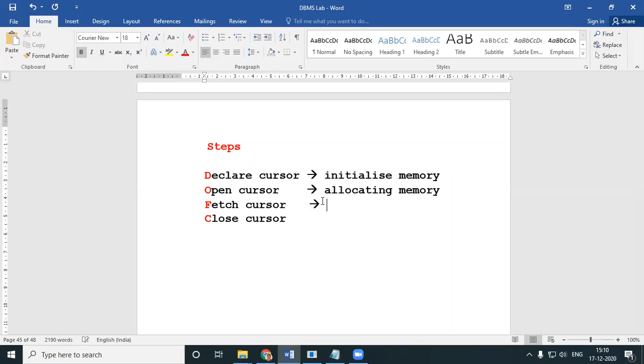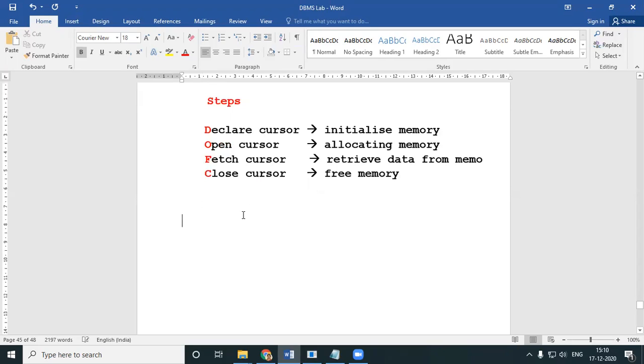Fetch is nothing but your select. You're retrieving data from memory. And then you have the last thing, close cursor. Close, very simple. You are freeing the memory. So these are the 4 steps in a cursor. You initialize the cursor, allocate the memory, retrieve data, and then you free it.